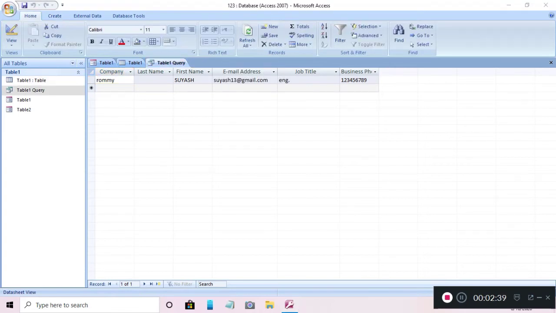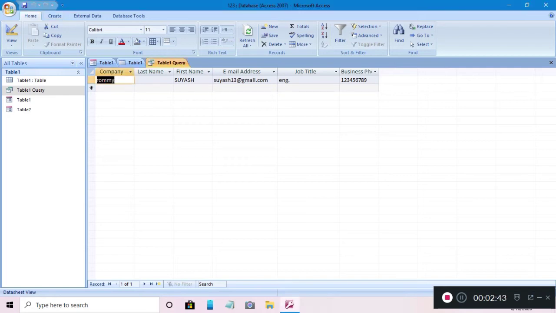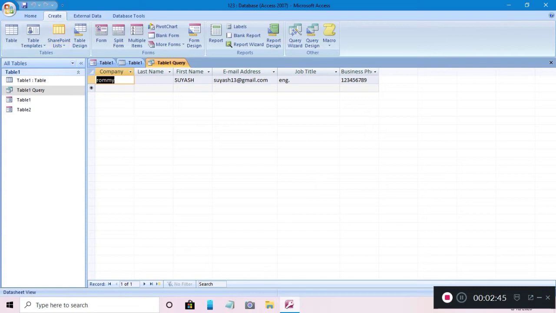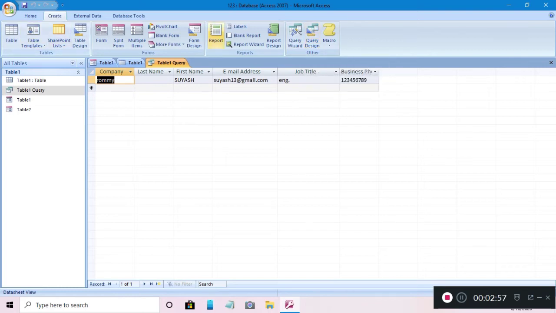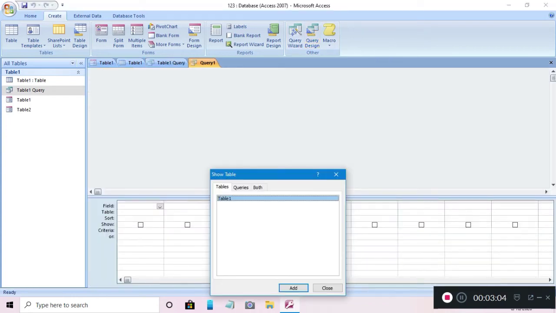Now next we will see how to create a query with another method. So in the first method, we selected a query wizard. Now if we want to use the query design, what we can do is go to the query design. Here it will ask for table 1.